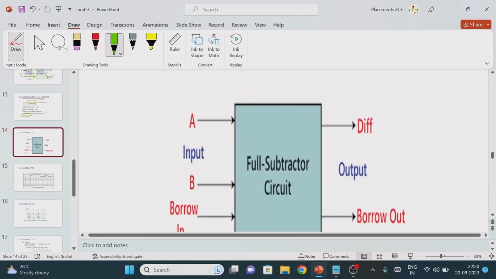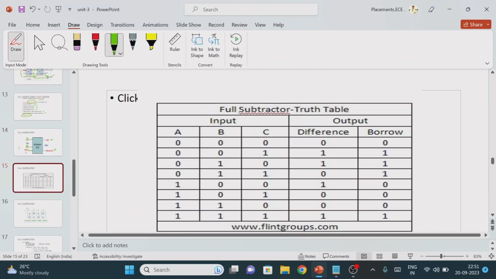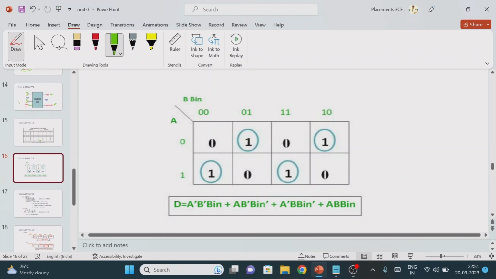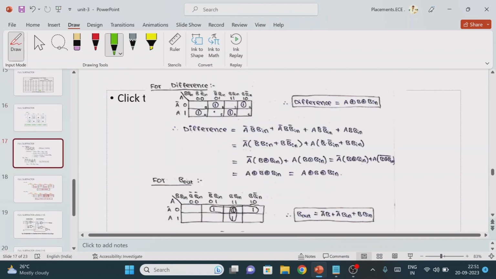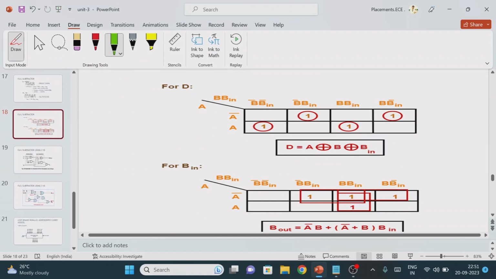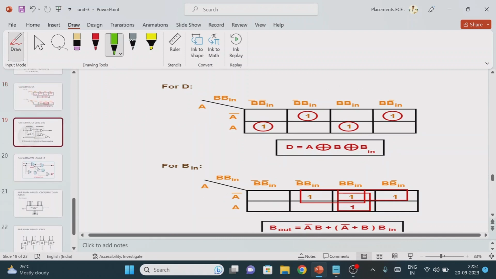If you know this concept, then the implementation of the full subtractor or half subtractor is nothing, right? So for the half subtractor also, we have two inputs, but the outputs are the difference and borrow, right? In the case of the full subtractor, we have A, B, and one more extra bit, the borrow in, right? In the half adder and full adder we have carry, here we have borrow in. So three input values. One output is called the difference, another one is called the borrow. Just draw the truth table and find out the output for each variable. Then draw the K-map representation, then find the logic expression. Then finally you draw the logic circuit diagram, right? Same as what we did in the half adder.